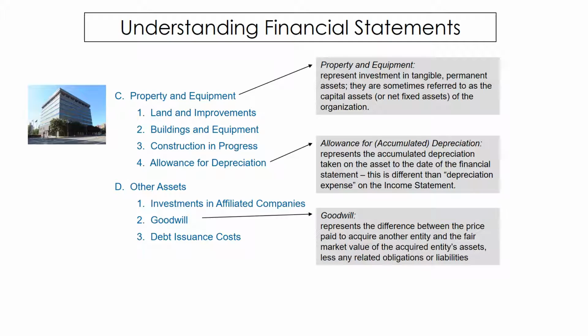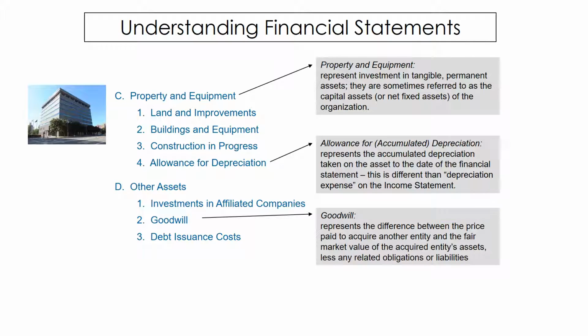If you think back to the example, if you are a company that produces things, you may have a place where the production occurs, a place where you're building. For us, it's a place where we're building our x-ray machine, so we may own that, and we'll put that under buildings and equipment. And then allowance for depreciation,